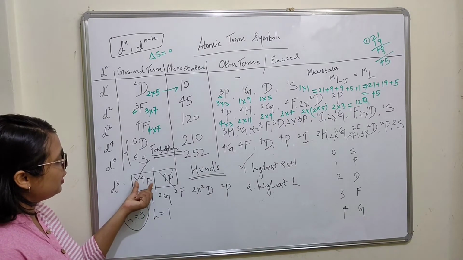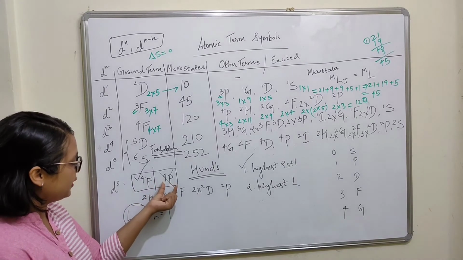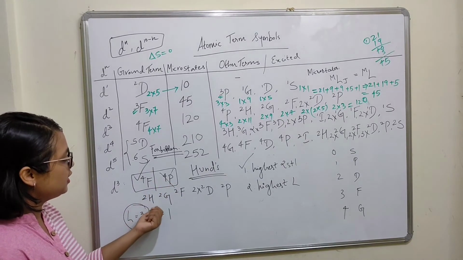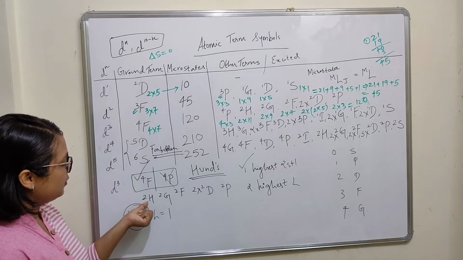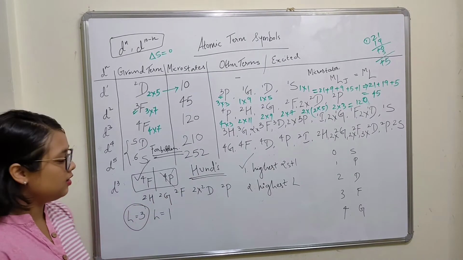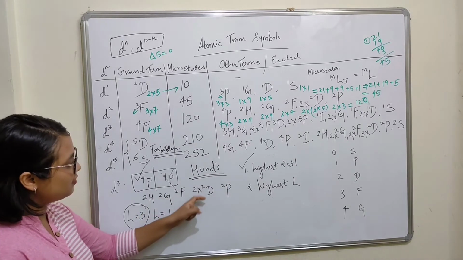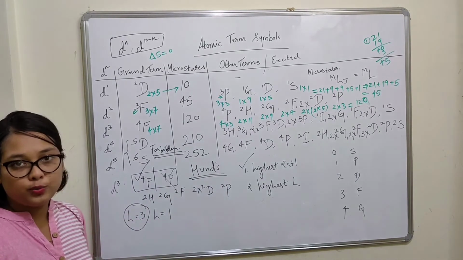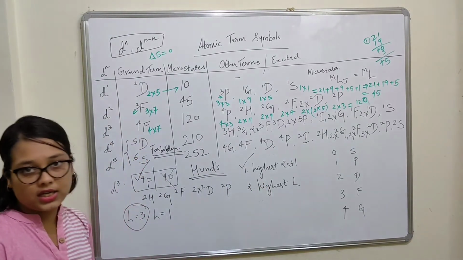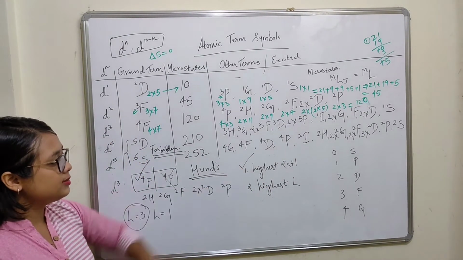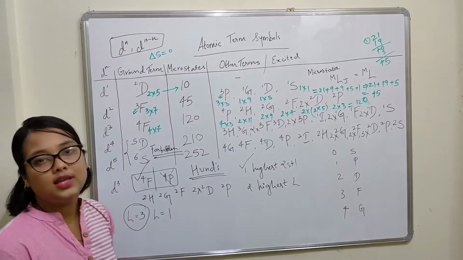So that's why this is going to be lowest energy. Then there will be 4p. Then you have to decide between 2h and 2g. So again 2h is going to be lower in energy, because h has a higher L value, then 2g, then 2f, then 2d and then last would be 2p. If there was any term with s, then s would have come after d. Okay, so it depends on the 2s plus 1 value and it depends on the L value.